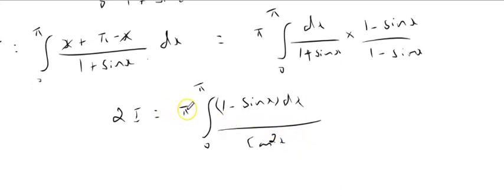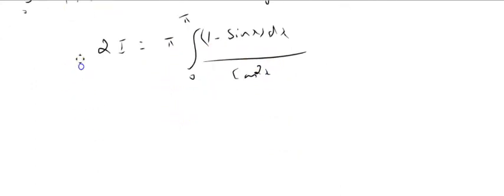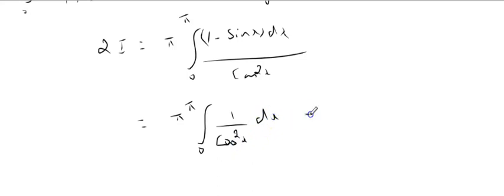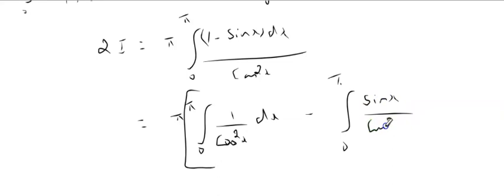Now I can separate this as pi times the integration of 0 to pi of 1 by cos squared x dx minus the integration of 0 to pi. So I can put the brackets because pi is outside. So sin x by cos squared x dx,